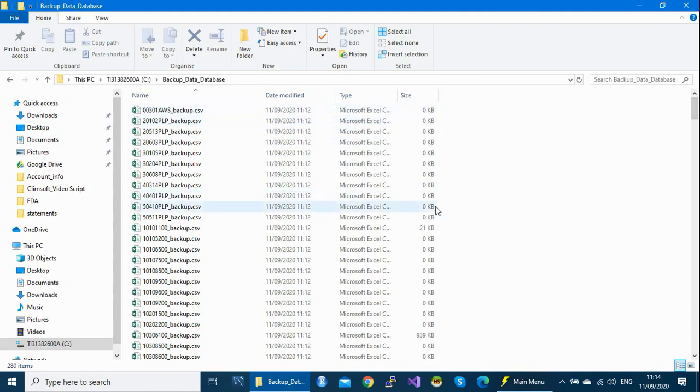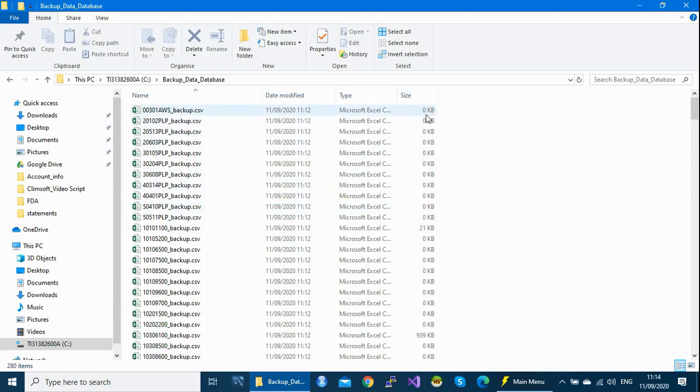So as you can see, this process is very fast. This is number one. And it has an advantage in such a way that you can be able to know the size. You can be able to have an idea of the amount of your data at each and every station. As you can see, this is the size column.